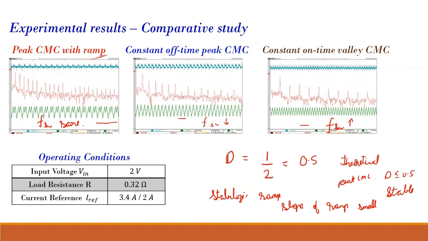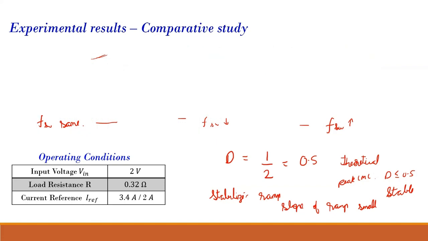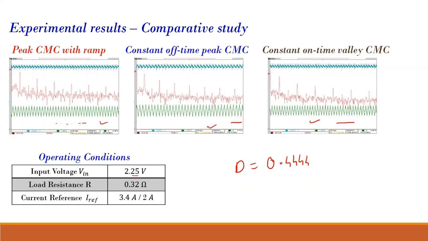To understand peak current mode control, effectively, this is your peak. This is your original I reference. Your current would originally hit over here and would fall. But when we add a ramp, we are changing the reference, we are subtracting the ramp from your reference, and your new waveform